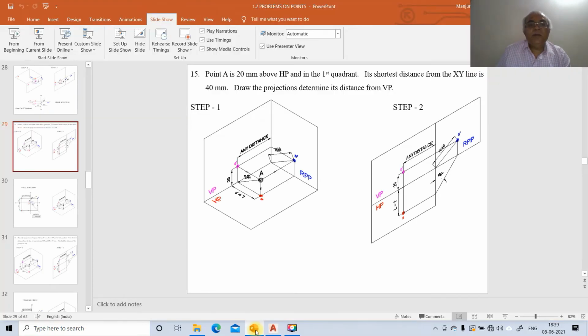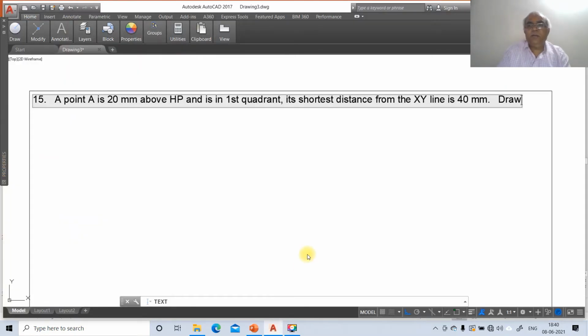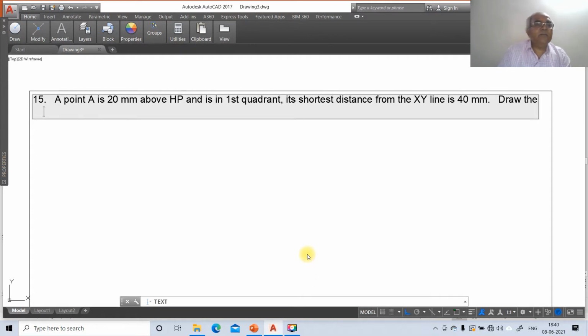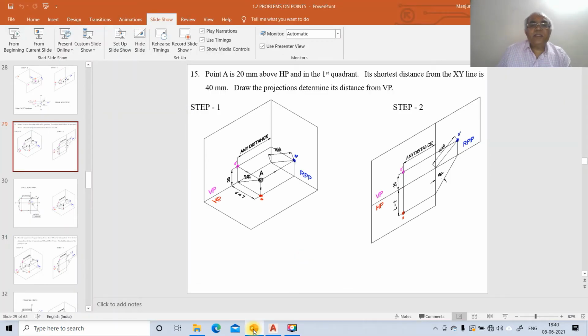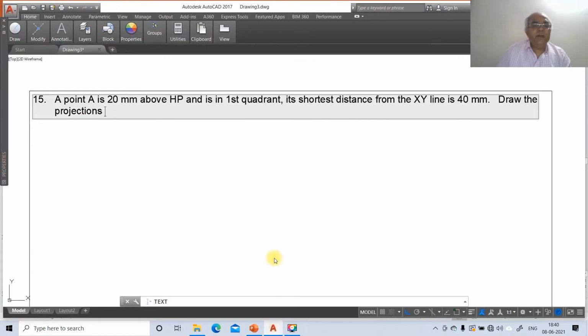Then draw the projections and determine its distance from VP.